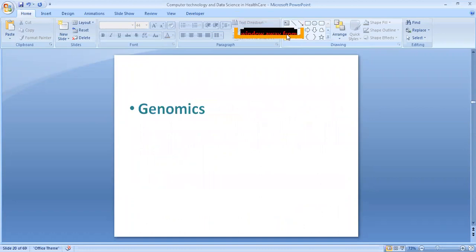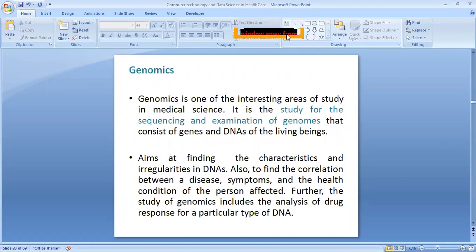The next promising area of data science in healthcare is genomics. Genomics, as I told you, is the study of genes or DNA. The qualities that we manifest or show up are because of these factors. So when we ask why it is happening, many diseases, as you would have heard, are hereditary. They have been passed on.